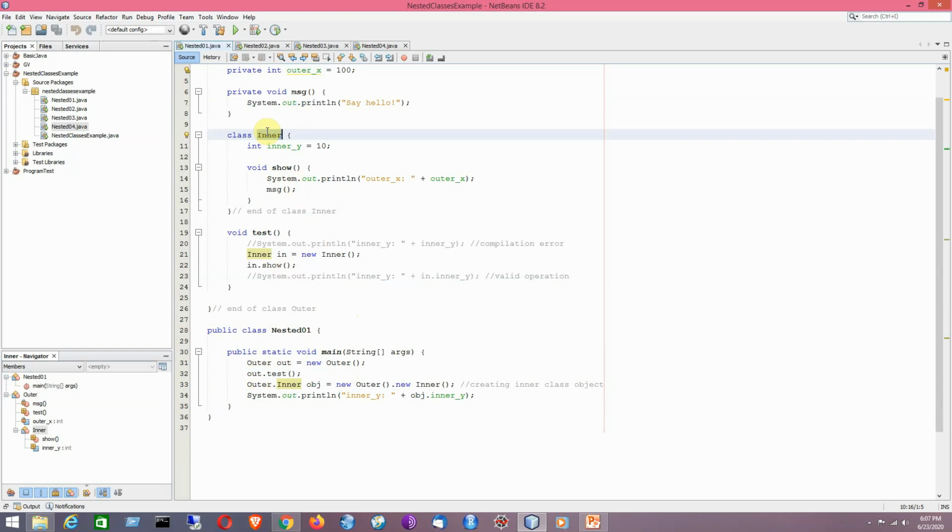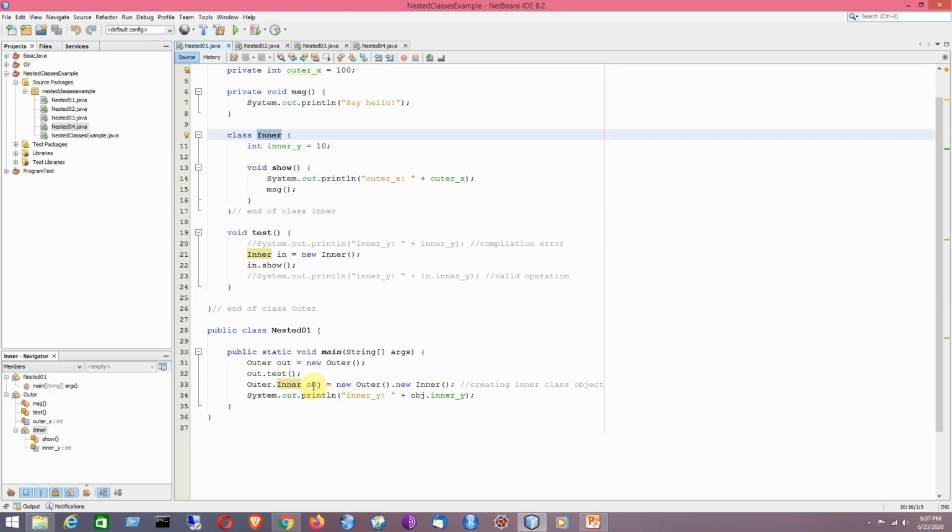Now what will I actually be accessing? Am I accessing the class or the object of the class? Basically, I am accessing here the object of the inner class by using the object of the outer class. So that is why it is called member inner class, and the object of the inner class is basically a member of the object of the outer class. So that is why I will be writing here new outer, that is the object of the outer class, dot new inner. So in that way I can create the object of the inner class, and it will be pointed by the object reference obj.